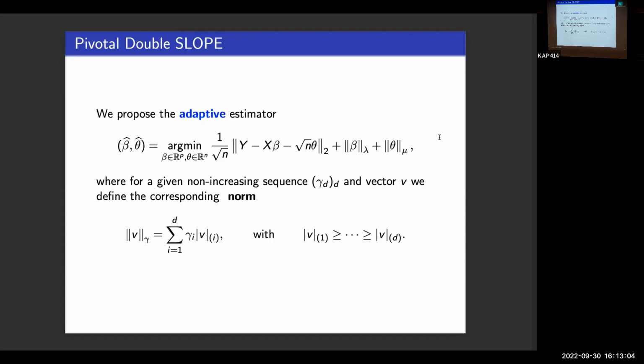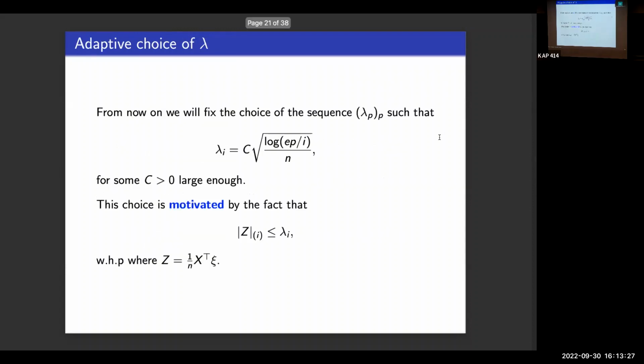So some threshold such that the maximum would, with very small probability, be above this threshold. So in some sense, yes, you need to know, but the only thing that you need to know about this is the tail behavior. If you give me the tail behavior of the noise variables, then I can choose these gamma i's accordingly. This is the only intuition behind how we choose these gamma i's.